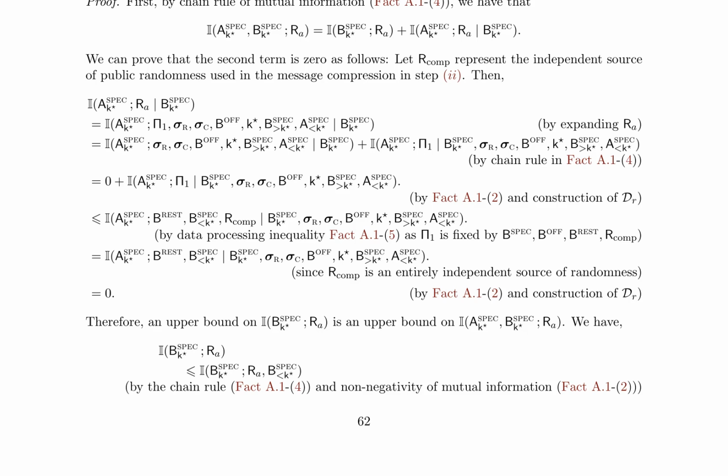The authors prove this claim by showing that I(A_k*; B_k*) equals I(B_k*) plus I(A_k*; B_k*), where the second term is 0. They then bound I(B_k*) using the chain rule of mutual information and non-negativity of mutual information. The authors use these claims to establish an upper bound on the mutual information between certain random variables, which is